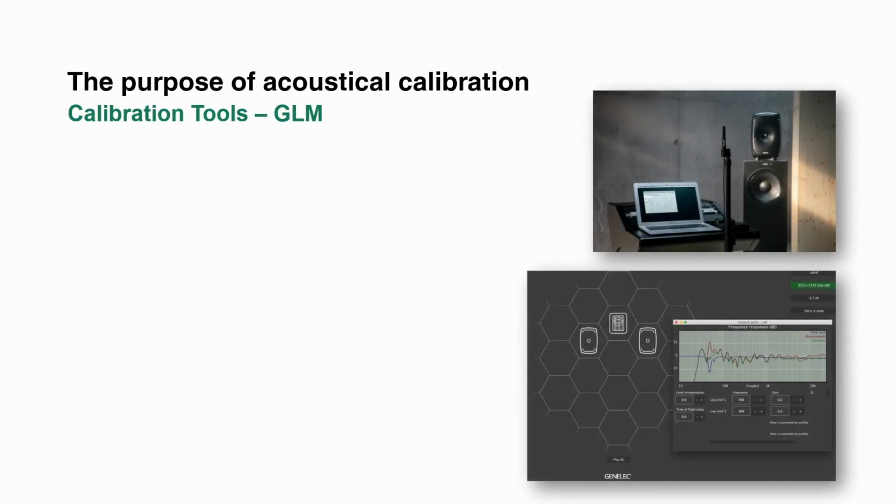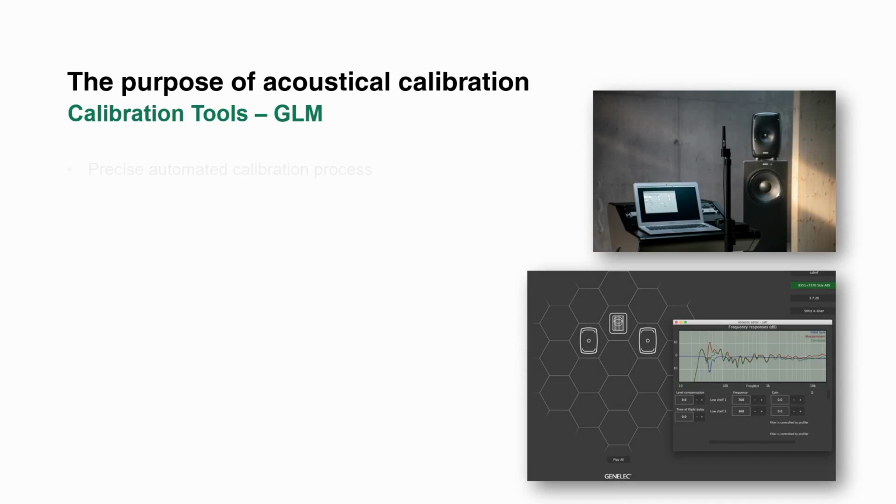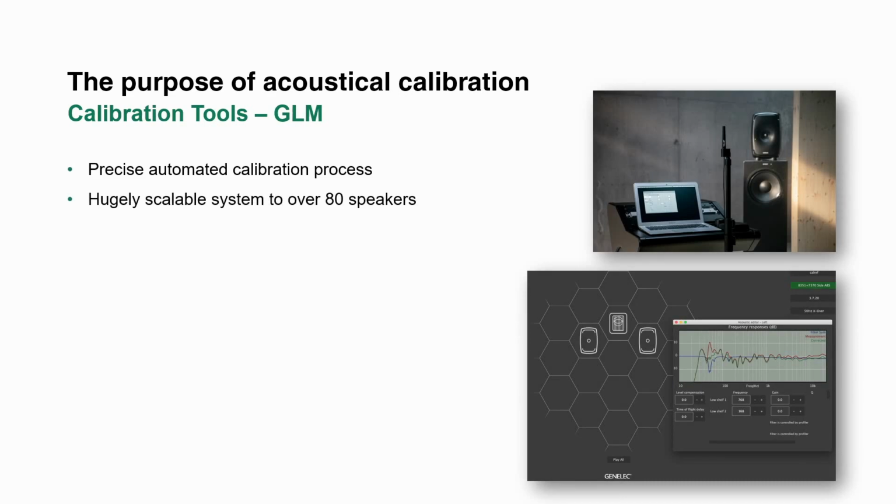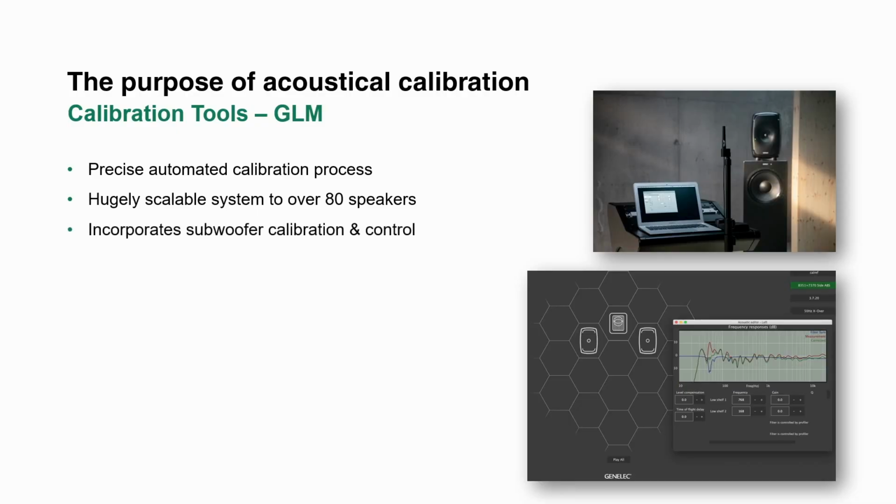And finally, we have automated approaches. And in this context, we're talking about GLM, our Genelec Loudspeaker Management System. So this offers an incredibly precise calibration process that is automated. So regardless of whether we're talking about a stereo system or a system with over 80 loudspeakers, once a system is positioned and set, you can set GLM to calibrate each individual monitor to a single position or to multiple positions within that room. It also allows you to incorporate subwoofer calibration and control into the system, and it complements